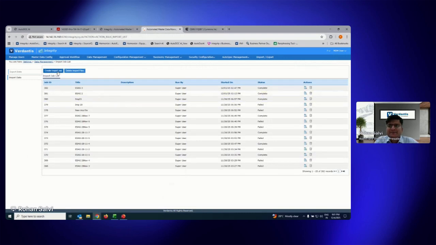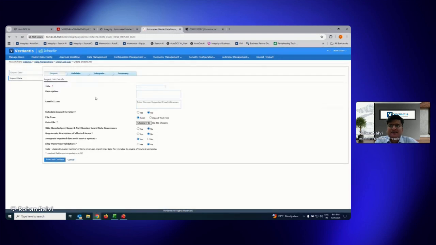Now, here from the import perspective, I can create an import job, and in the import job, I can select the title, of course. Then, what type of import is it? Is it an import that I would like to run in an offline mode? Of course, because while the product is being used in a live mode, we would want to run the import function during planned downtimes or non-business hours, so that from an integration standpoint it does not affect the production activities, because then of course it adds load to the APIs, which we want to make sure does not happen in business hours.